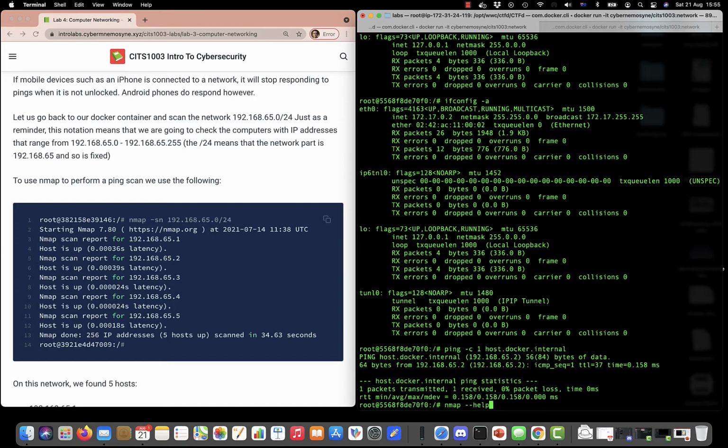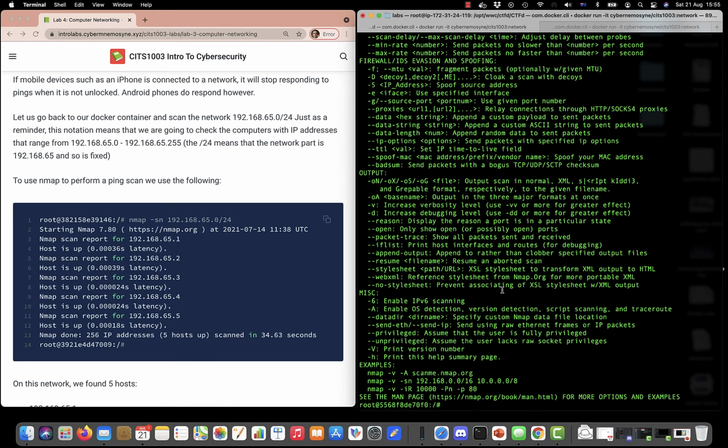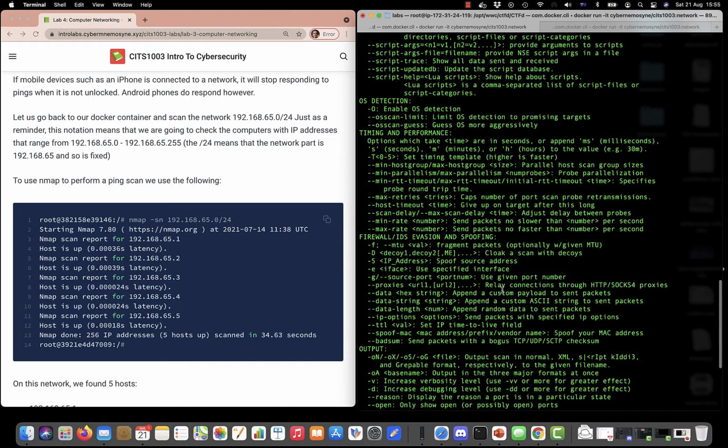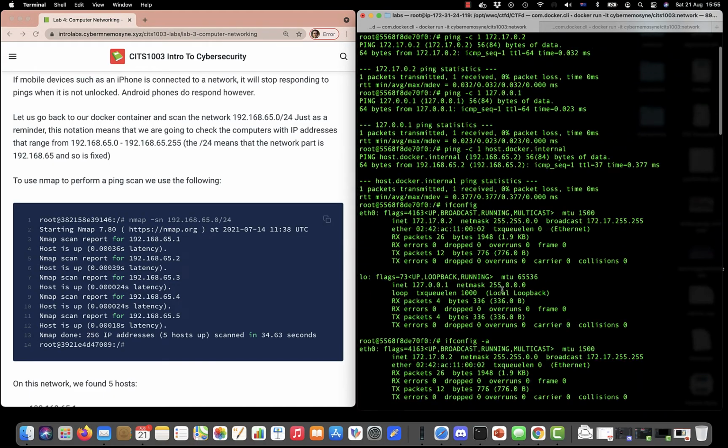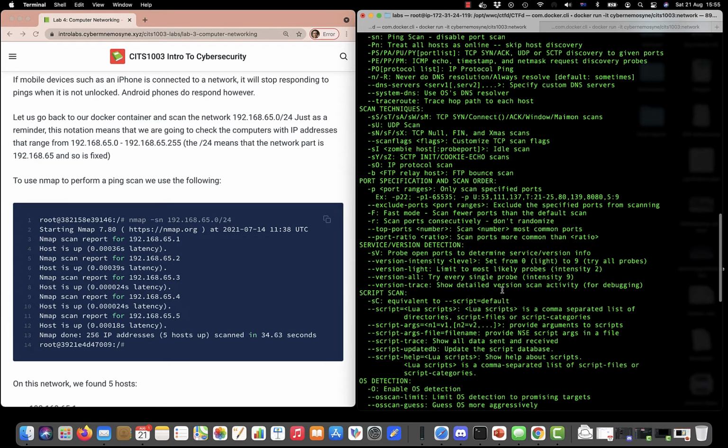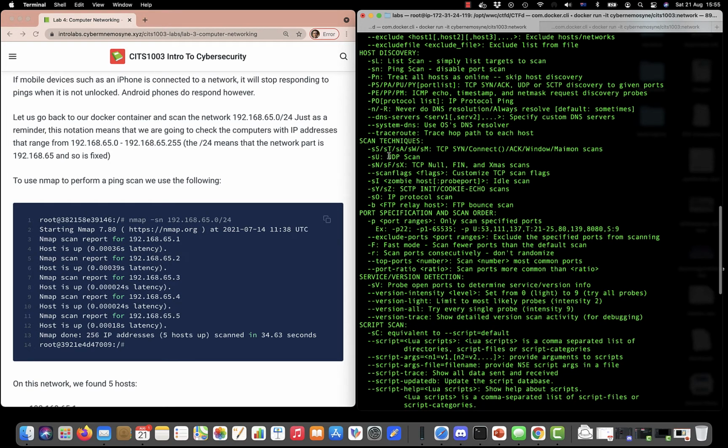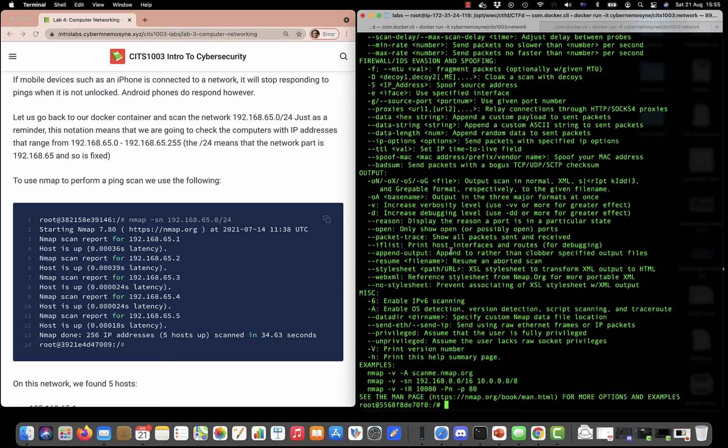Again, we can do a help on this to get a very detailed breakdown of all the things that it can do. And you can see that -sn is a ping scan. It disables scanning for ports, and we don't want to do that. So we're going to do nmap -sn